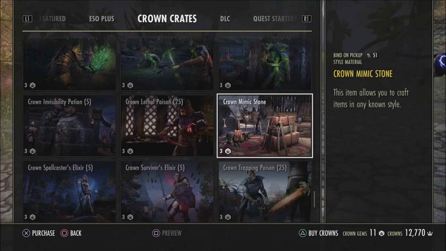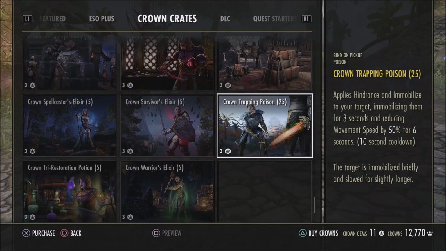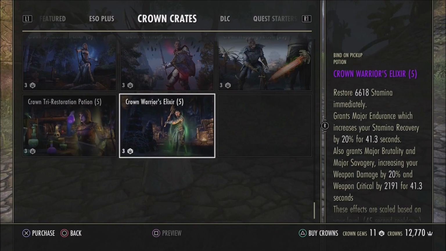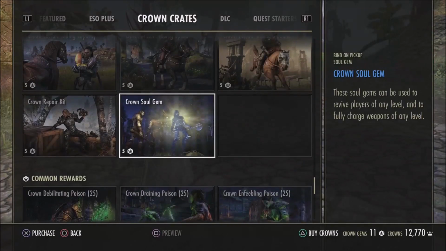Okay, that sucks. Spellcaster's elixir, survivor's elixir, trapping poison. I was going to say potion then. That'd be pretty counterproductive. The trapping poison, and then we have the Crown Tri Restoration potion, which most people probably go for, and then there's the Crown Warrior's elixir. So besides that, all the other rewards down here look pretty terrible, and they're probably the ones you're going to be getting